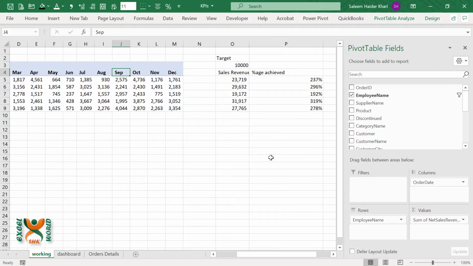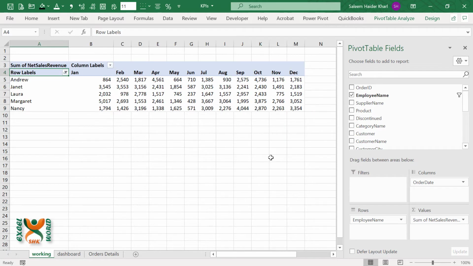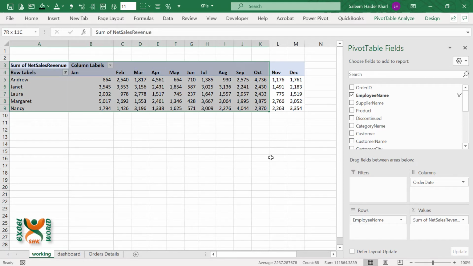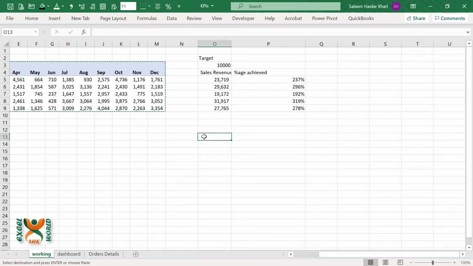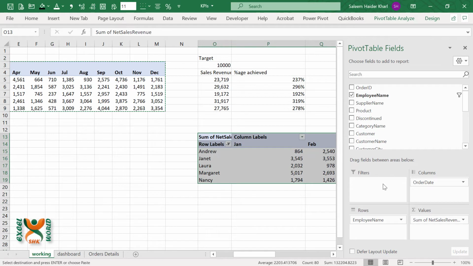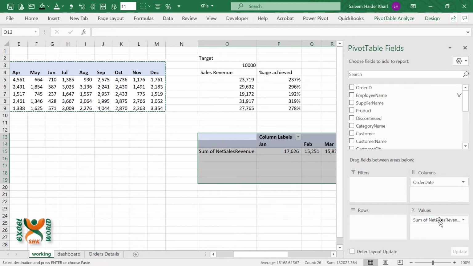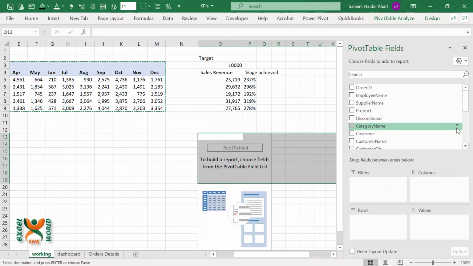So we need to create a new pivot table which will tell us the number of years that have been selected at the moment in the dashboard. For this we can go to our order date field and create a new pivot table, and we can also do that. We can select our existing pivot table and paste it into the new area where we want to create the years pivot table. We just remove all of the values. We just need the years